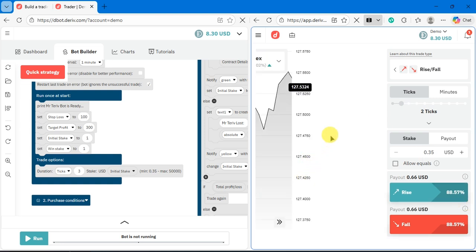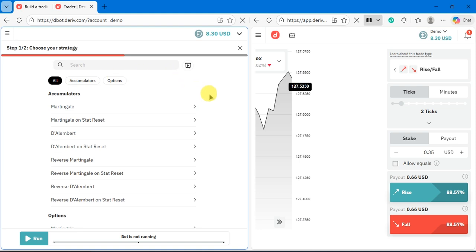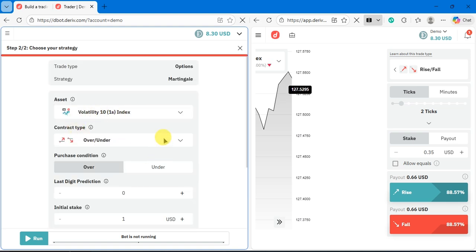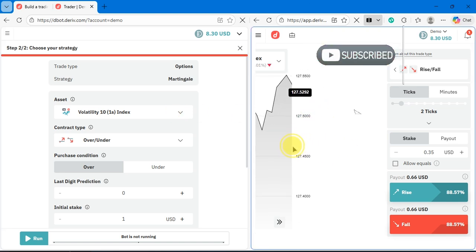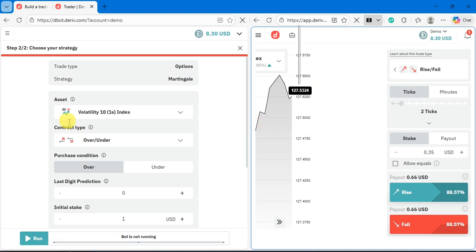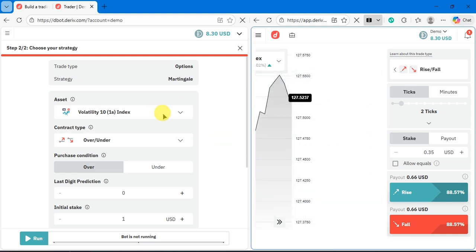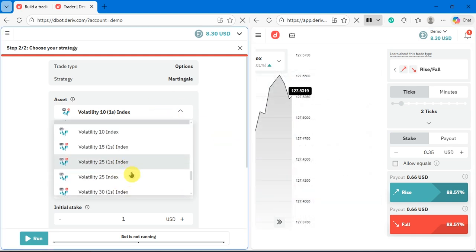The other thing is setting your bot. If you have a complicated bot that you cannot set your stop loss or your target profit on, then the best way to do it is just use a quick strategy here. You just open the quick strategy and then go to options. If you are interested in setting the martingale, just proceed, and then here you choose the market. So you might have seen a good market somewhere and you are interested in that market, so you choose it here. And then for my instance, I see volatility 50 is the one that I had opened on this